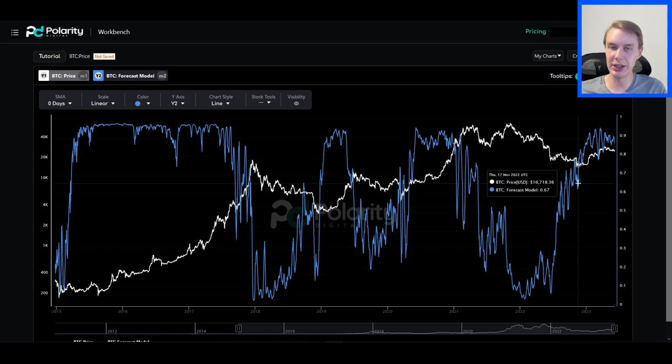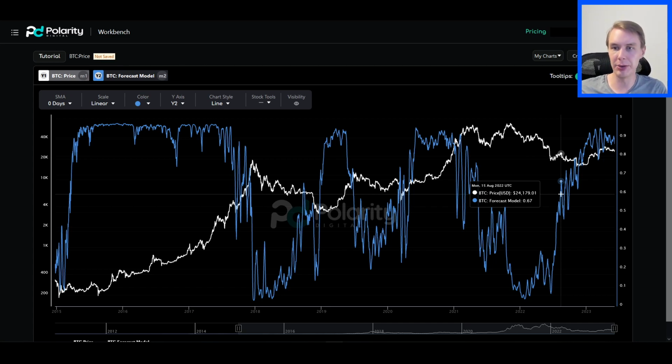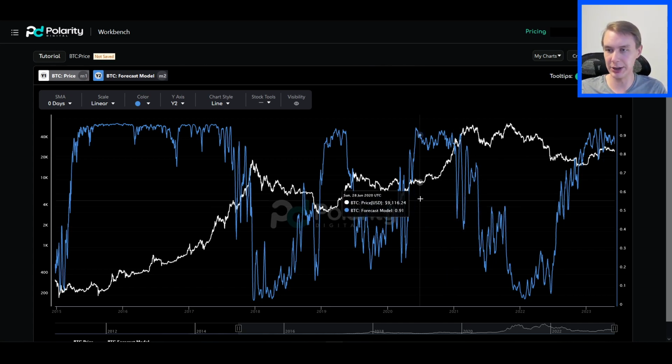And that's what I think is nice about this model, it gives us those probabilities. There's nothing that's ever guaranteed in the market. There's never going to be that case where it's just obvious, 100% guaranteed that going in on an asset is a good idea at any given point in time. But there certainly are going to be times where the probabilities are stacked in your favor. And the idea is to be getting your money in when the probabilities are stacked in your favor, getting your money out when the probability is against you.